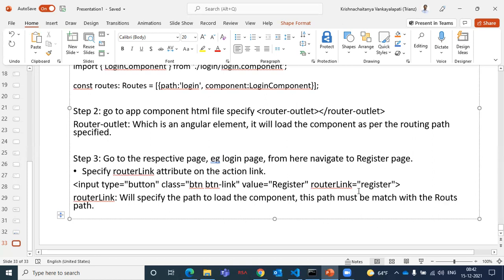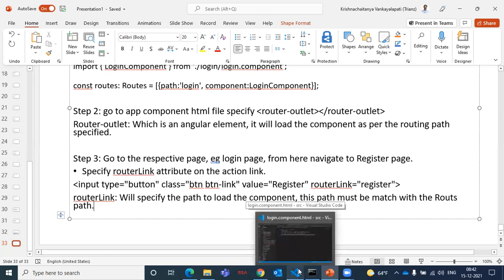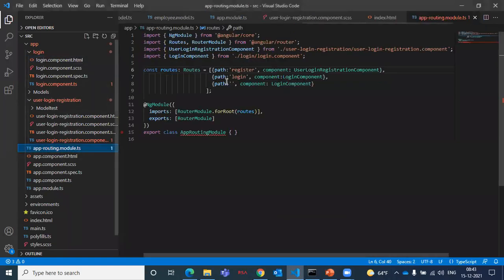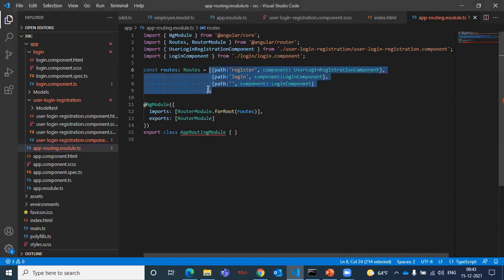Can you explain the same thing I asked? I didn't get that point. Route is a collection, an array. Inside of the route we need to specify the path; these are the objects. To hold all the objects in one variable, that is nothing but a route. If you're holding a collection of elements, that is called an array.